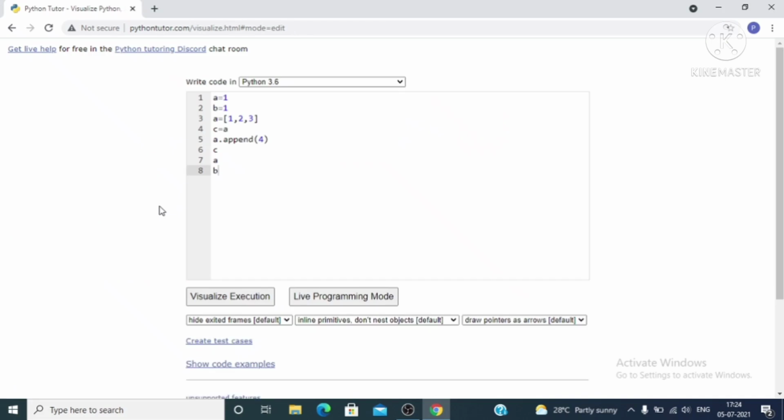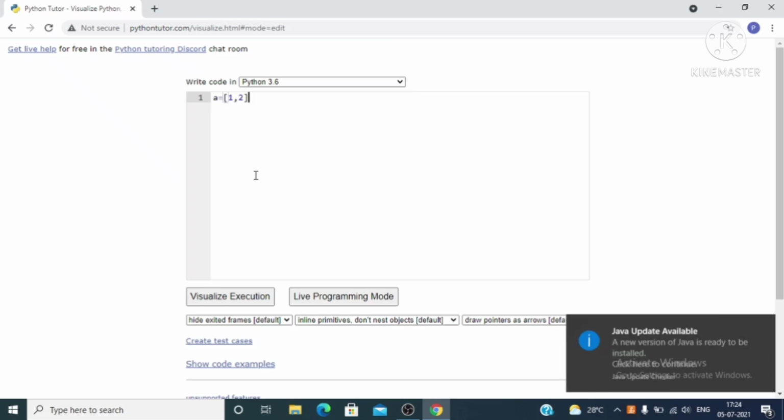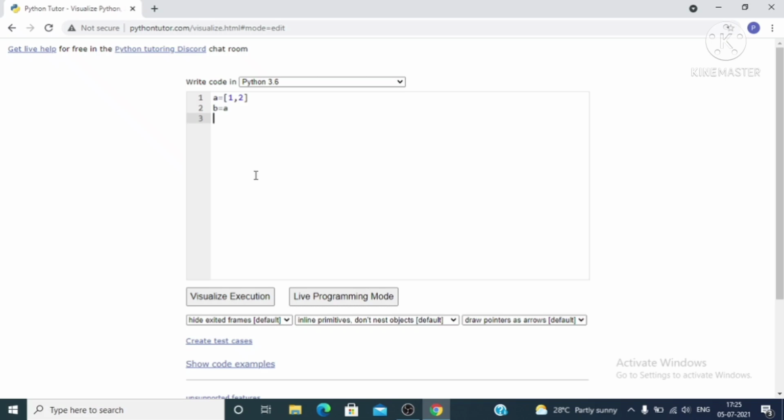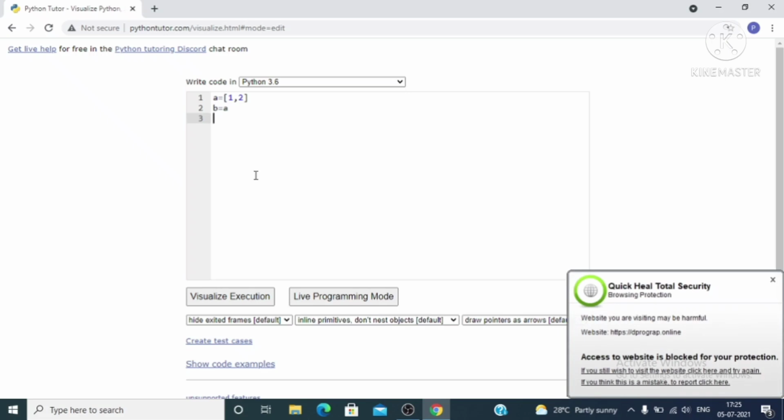Again go to the editor window. Here again we will write the second example in which a is pointing to the list having elements 1 and 2. b is referring to the same object to which a is referring. b and a, it means b and a both are referring to the same object.